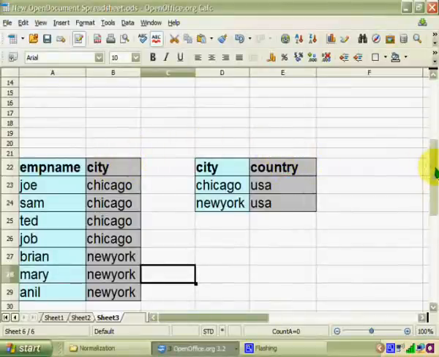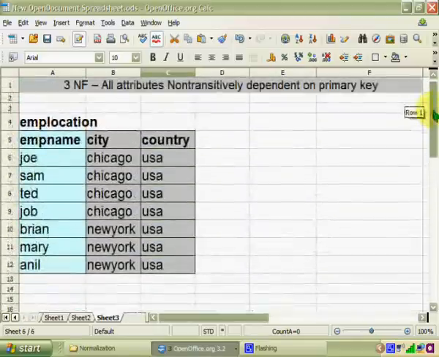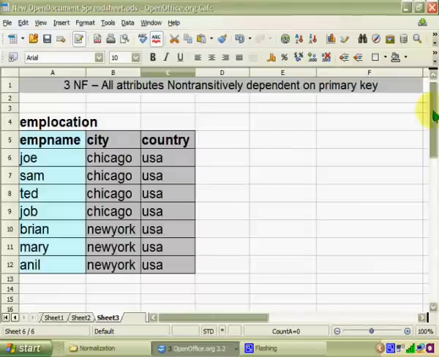We also discussed that in order to be in the second normal form, a table should be in the first normal form, and in order to be in the third normal form, it should be in the second normal form first. So for third normal form, it should satisfy all the rules of first normal form, second normal form, and third normal form. As we go from first normal form to third normal form, our redundancy will keep getting reduced. The higher the normal form, the lesser the redundancy.